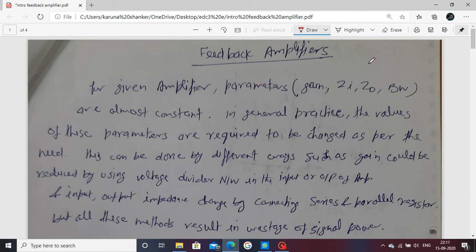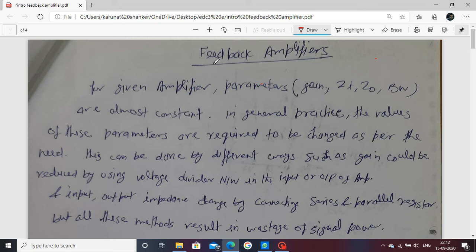The new topic is the feedback amplifier. We have already seen the different types of amplifiers such as the voltage amplifier and power amplifier. Next, we move to the feedback amplifier. We have already seen that an amplifier increases the input power signal level, that is, output power must be greater than input power, meaning the amplified output comes across the output side when you use an amplifier.